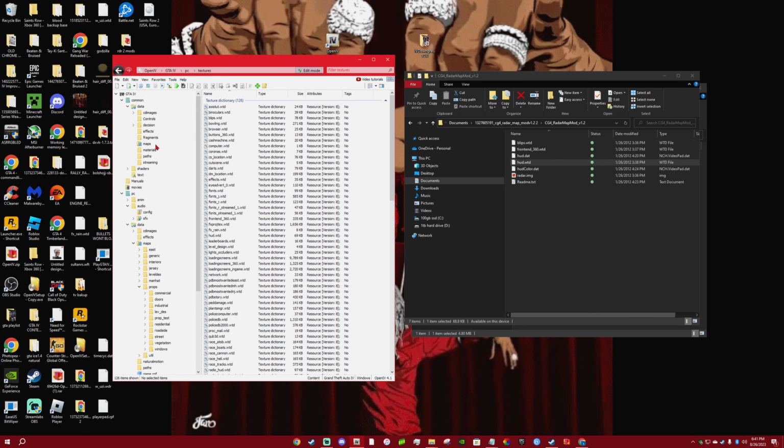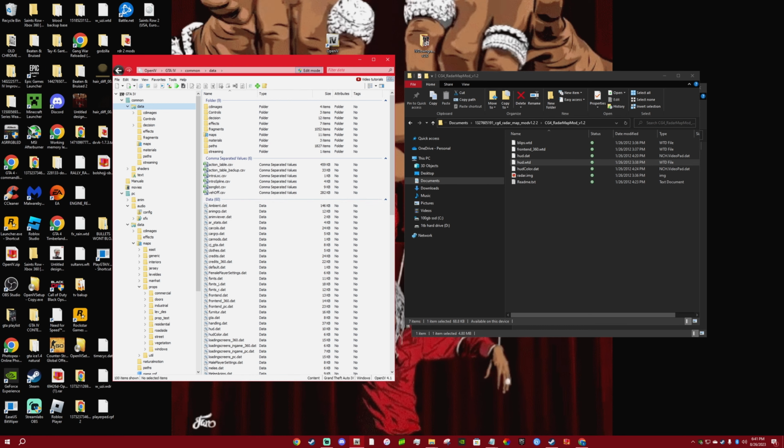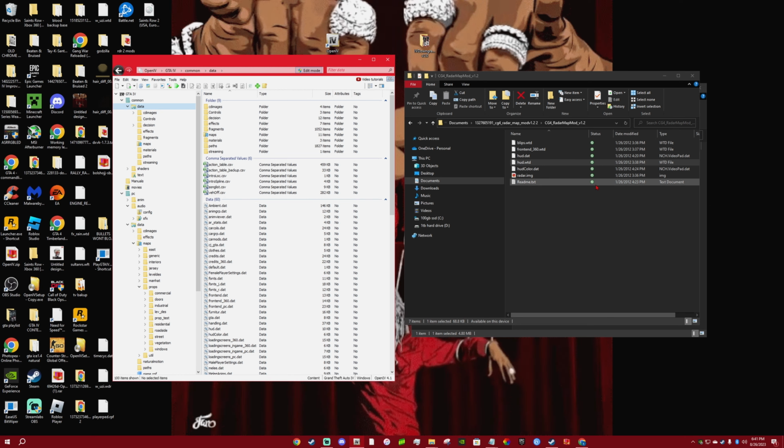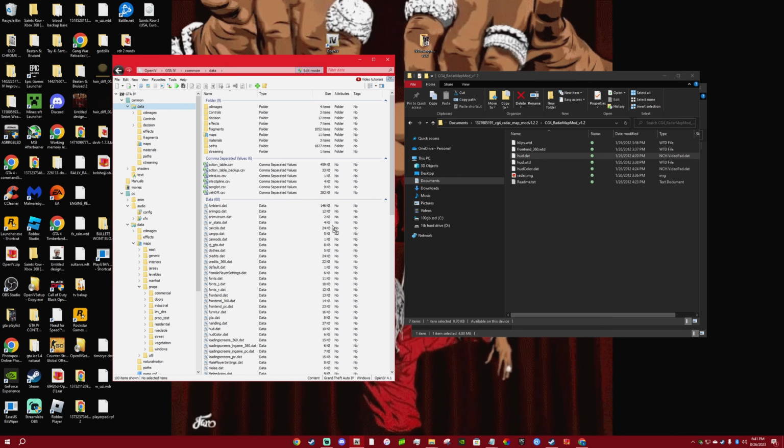Next place we go is GTA, common, data. That is going to replace the HUD dat and HUD color dat. So right here, HUD color, drag, HUD dat, drag. You're going to be dragging all those, and that is done.